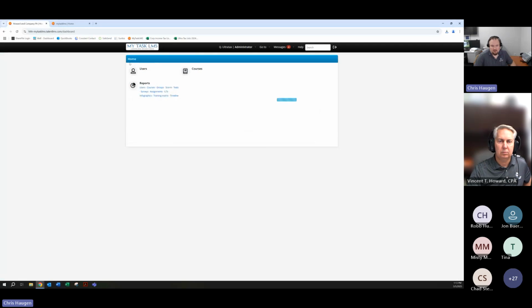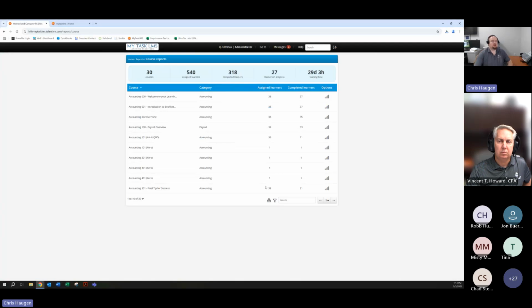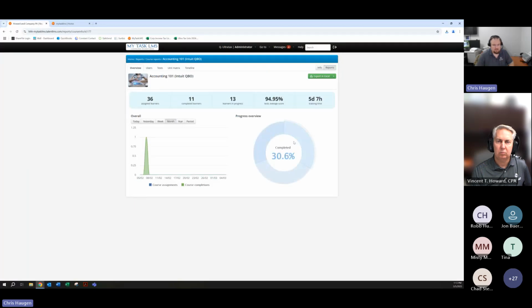The next thing that I want to highlight is the courses. So the courses themselves, if you remember from your current setup right now, you go into the course from the instructor mode, and then you go into the different items like the user's progress, the tests. Well, from here, you can dive into those specific courses and see all of that same data.